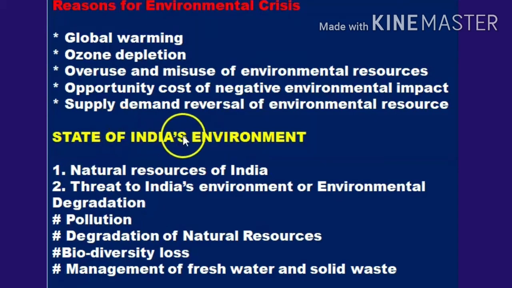So the state of India's environment, next topic. So natural resources of India that we are going to see. India has abundant natural resources in terms of rich quality of soil, hundreds of rivers and tributaries, and the black soil of Deccan Plateau is particularly suitable for cultivation, and the Indo-Gangetic plains spread from the Arabian Sea to the Bay of Bengal are one of the most fertile, intensively cultivated and densely populated regions in the world. So densely populated means which are suitable for the lifespan.